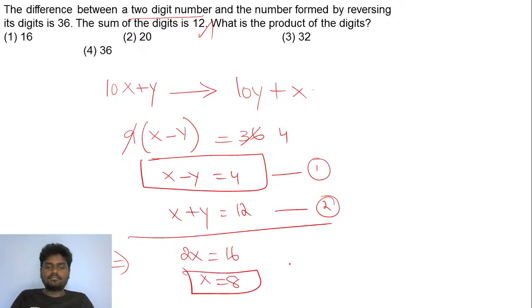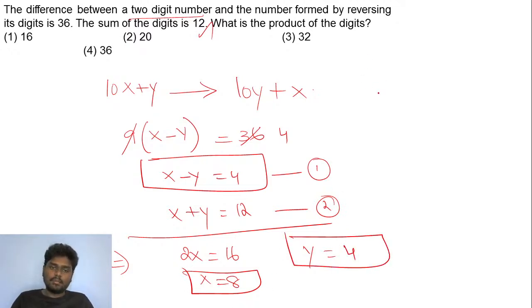So if x is 8, try to substitute in equation 1, you'll be getting the value of y is equal to 4. And what is the exact number here then? It's going to be